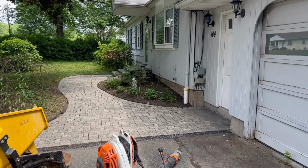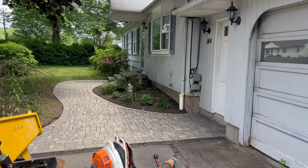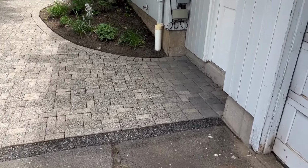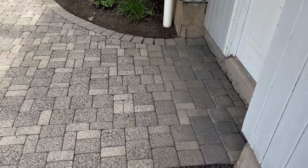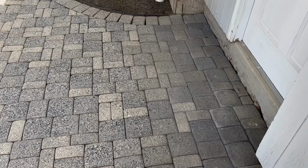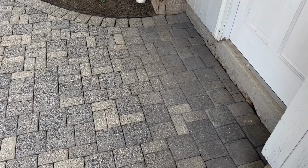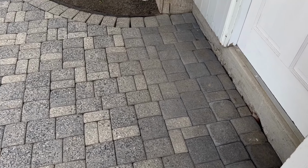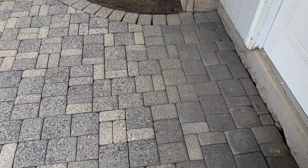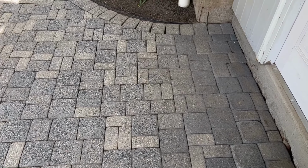Before I get started, I want to show you something. See the overhang outside this door, on the first door, the white door there? Okay. This is how powerful Mother Nature is. Look at the pavers right underneath the overhang. Very little wear. You don't see the aggregate in the pavers. So that was more of what it looked like originally, 20 plus years ago. Obviously it's faded some from the UV, but on the left, that has no protection from the overhang, and you